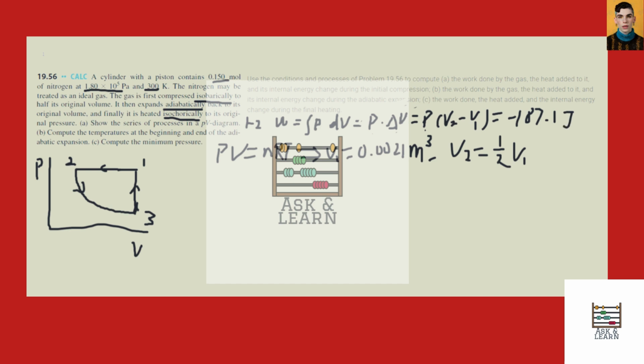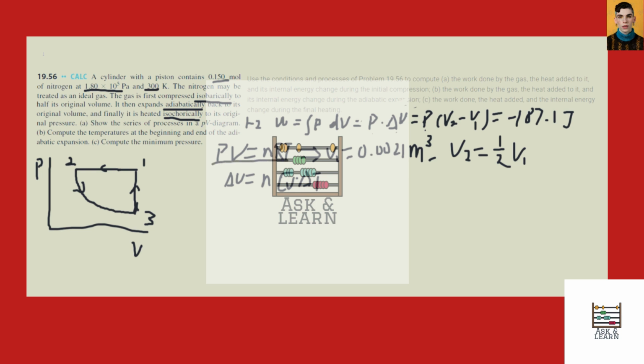And for the heat added to the gas, we can calculate the change in internal energy first. That's more convenient. So delta U is n times CV times delta T, right? N is given here. CV, because this is nitrogen, a diatomic gas, is five halves of R. And delta T,